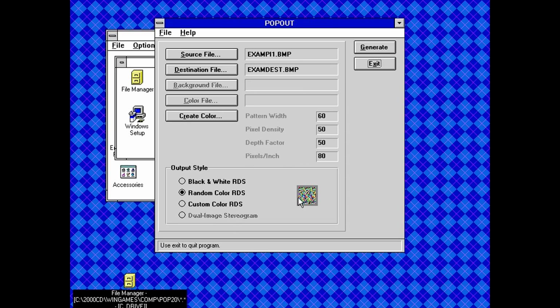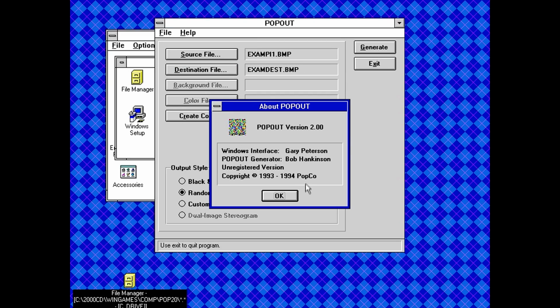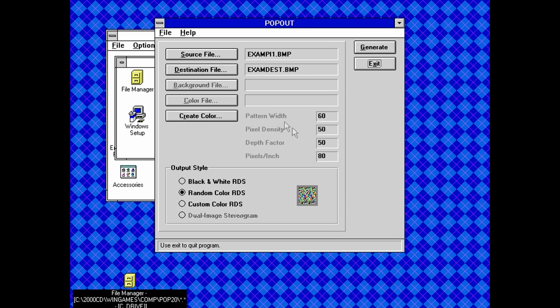When was this program made again? 93 to 94. By Bob Hankinson. So, all things considered, there weren't a lot of programs able to do this in the first place. So even though it's not doing it that well, the fact that it's doing it at all and can use source images to sort of do the pattern with the source image instead of doing it as random dots, that's pretty impressive. So for $20, this actually, at the time, would have been a pretty decent buy if